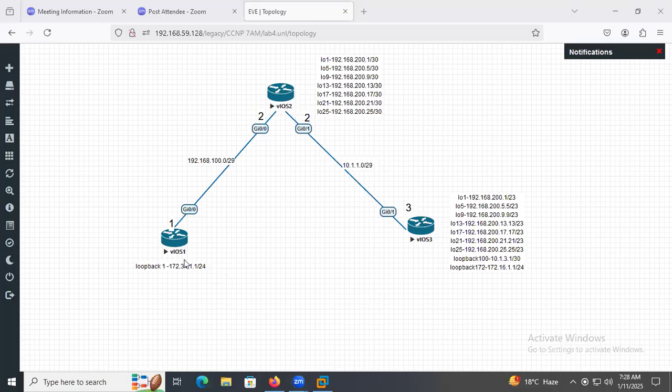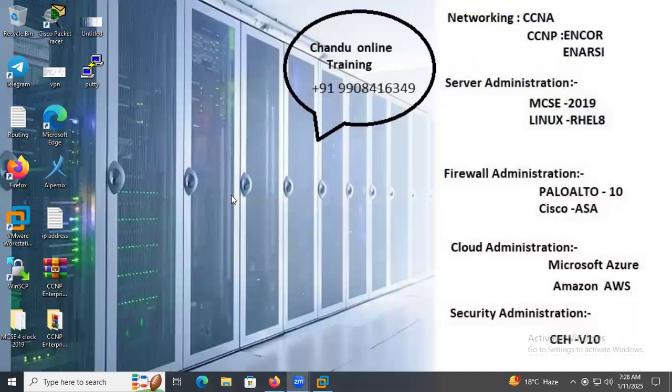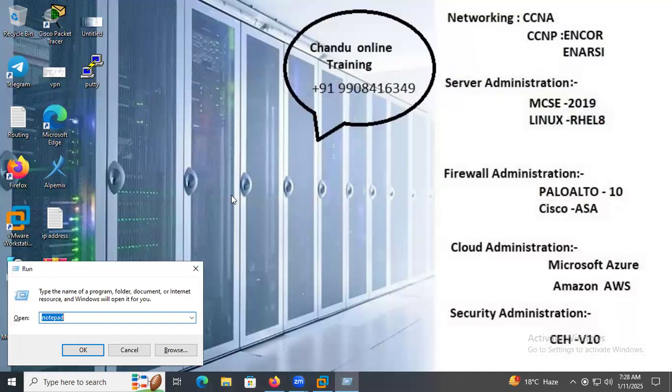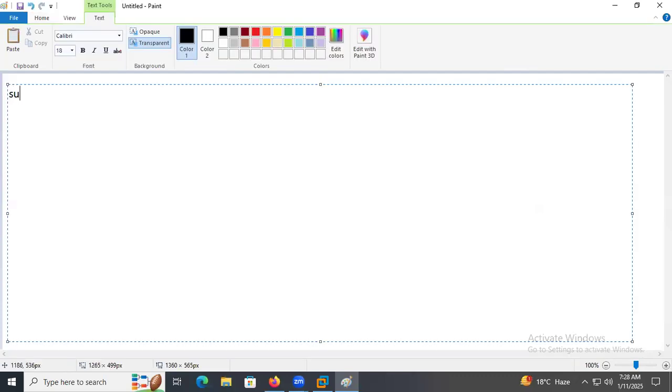So today we'll go for the EIGRP summarization. We'll try to do this lab quick, but we'll take the class. So when you are going for EIGRP summarization, it is a process of combining